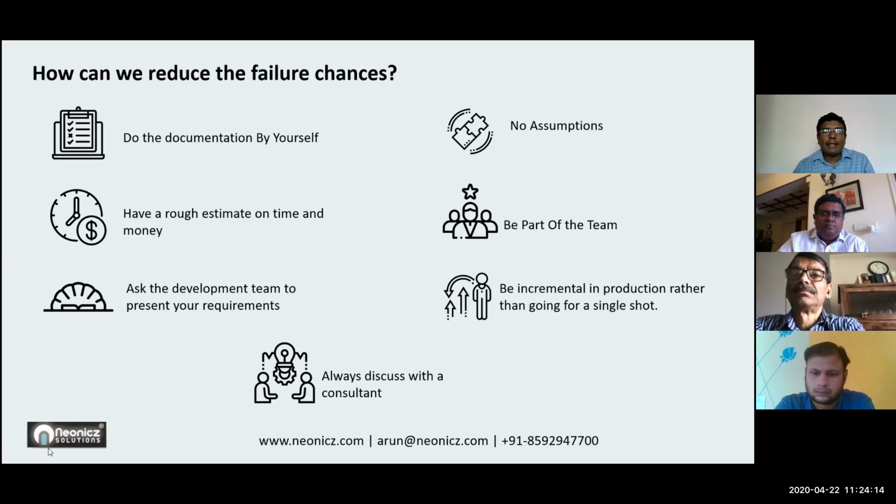All these things belong to return on investment. If I invest some amount, or my time, to build a software, it should give me a return on investment in either way.